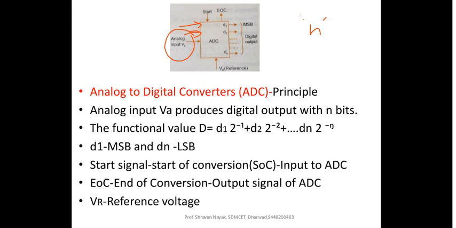So when I have 8 input channels, it is possible for me to feed in 8 analog inputs to this analog to digital converter. Of course, the conversion of all the 8 analog signals will not be done simultaneously into their digital equivalents. Each signal will be processed one at a time. That all depends upon the type of the analog to digital converter.